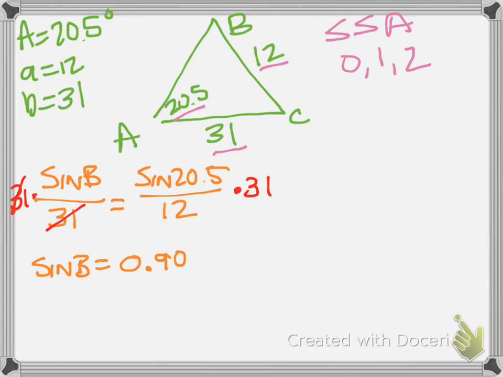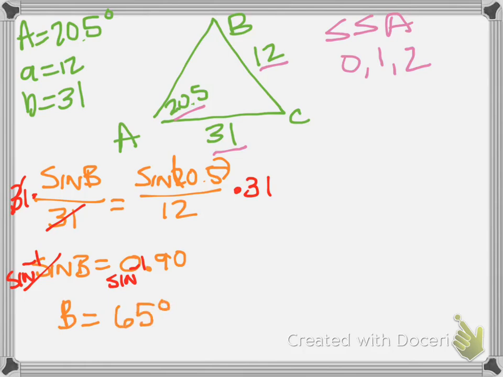Oh, and again, put this in your calculator. Is your calculator in degrees? So some of you may be frustrated because you're not getting the same answers as I'm getting, and that's one of the problems that people run into. So make sure that's happening. So I have to take the inverse sine of both sides in order to find out what angle B is going to be. So if you type that into your calculator, the inverse sine of 0.90 gives me